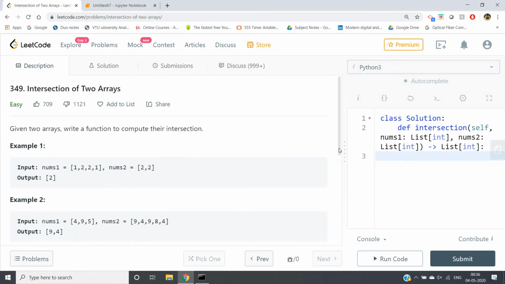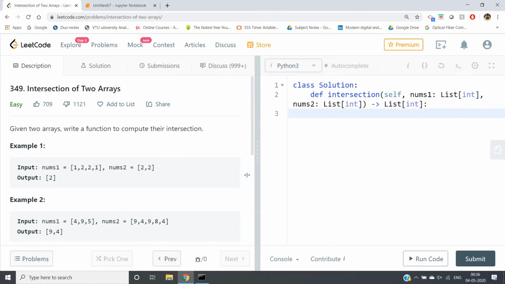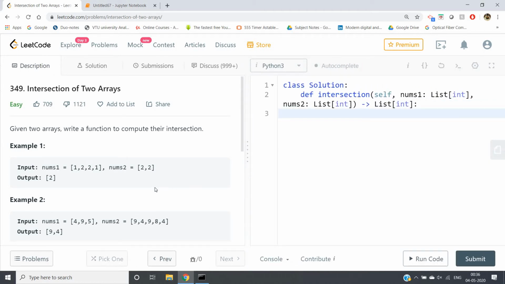Here we can simply use the in and not in concept of list to get the intersection. We traverse our first list, extract one element at a time, and check whether that element is in the second list or not. If it is not present in the second list, we ignore it.